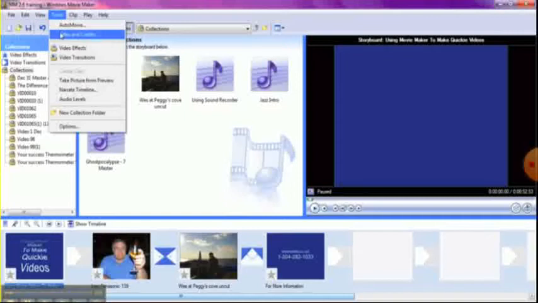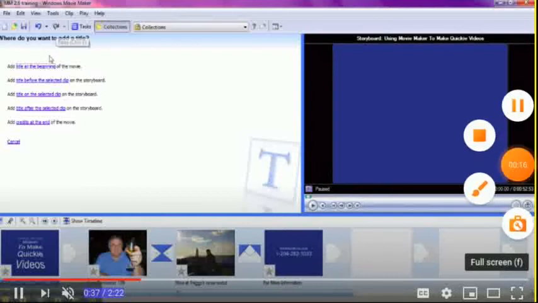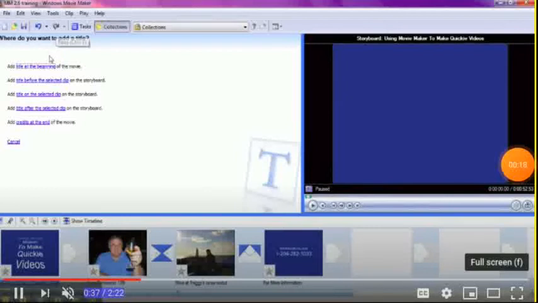After selecting that, the window appears with the following options: add title at the beginning, title before the selected clip, title on the selected clip, title after the selected clip, credits at the end. Click on the option that suits your need.